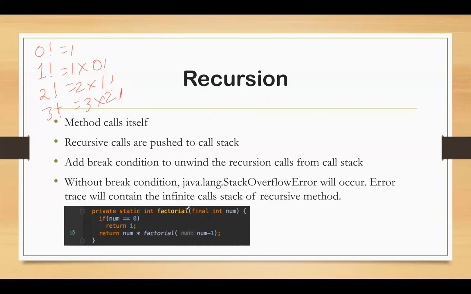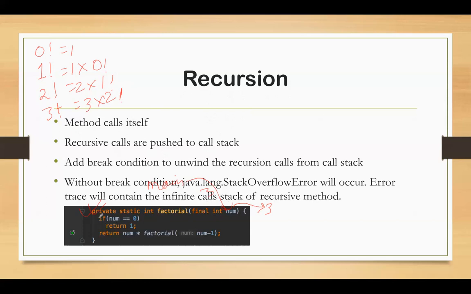Considering this code of factorial, how will it behave? Suppose we have to calculate the factorial of the number 3. From the main or any driver method or class, we will pass 3 to this function and we'll see how it works.